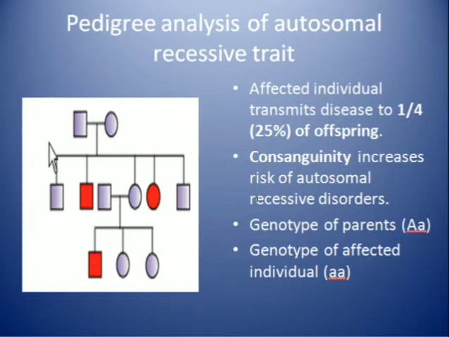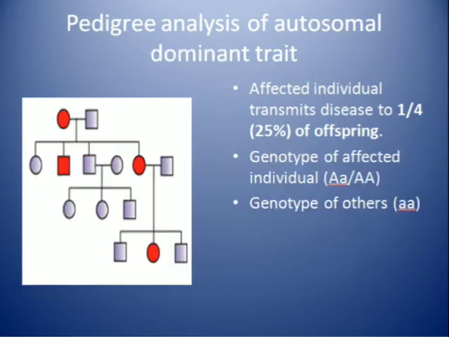Because it is autosomal, we don't denote it as XY. We will denote it with an alphabet letter. For example, we are denoting it here as A: capital A for the dominant allele and small a for the recessive allele. Okay, let us take another example of autosomal dominant. Here the trait is in the dominant allele.